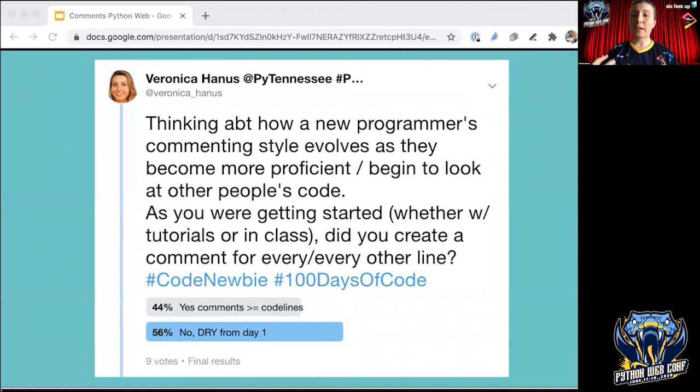So I had been thinking about how newer programmers so often were using these comments, but then when I talk to more experienced programmers, they usually say, "oh no, DRY code or bust. That's really the only way." And I said, well, what happens in between? How do we get from there to there? And should we be doing it that way? So I did